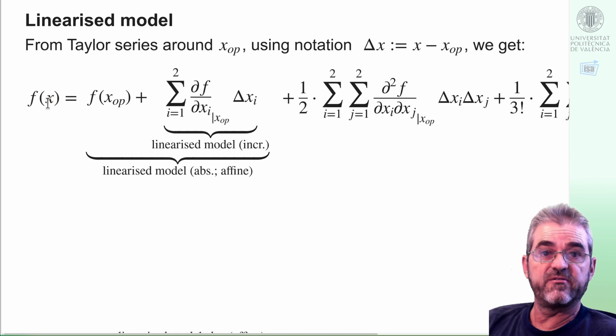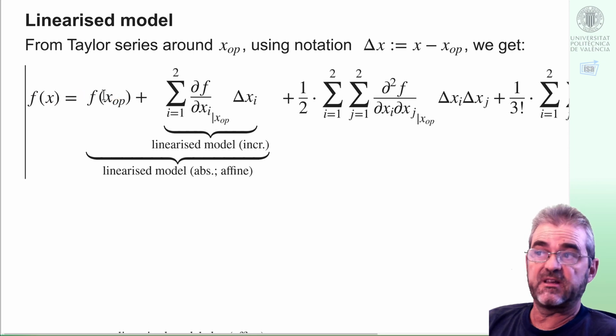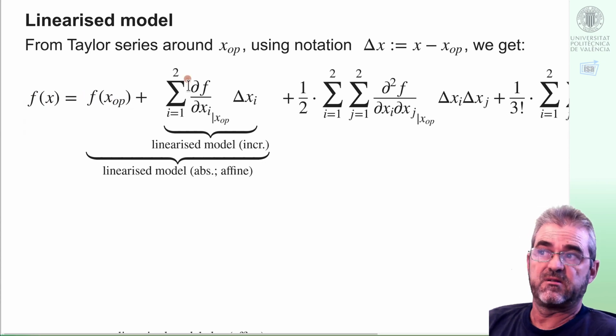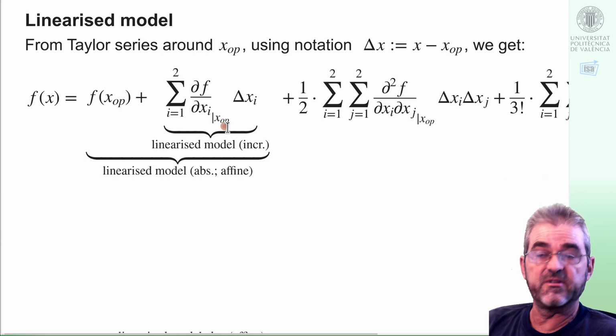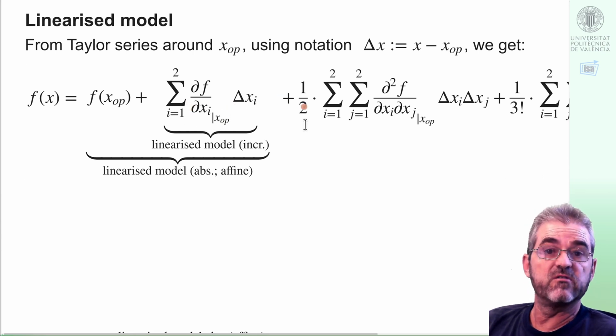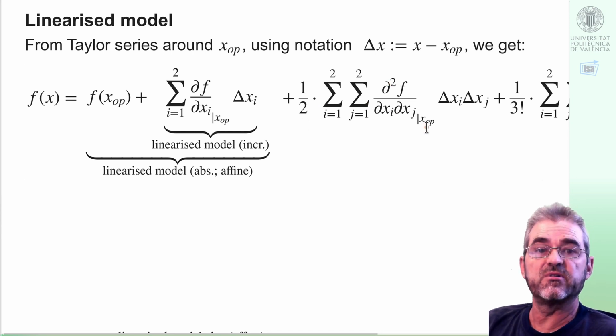That says that the value of the function at another x point different to the operating point is the value at the operating point plus some stuff given by the sum of the first derivatives at the operating point times the increment of each of the coordinates, 1 and 2, plus 1 over 2 factorial, which is just 2 in this case, times the double sum of the second partial derivatives at the operating point times the products of increments, all the four combinations, plus 1 over 3 factorial